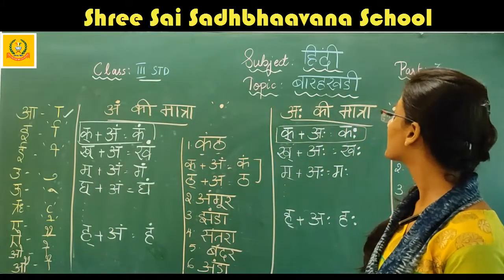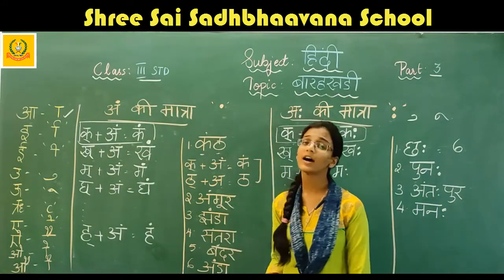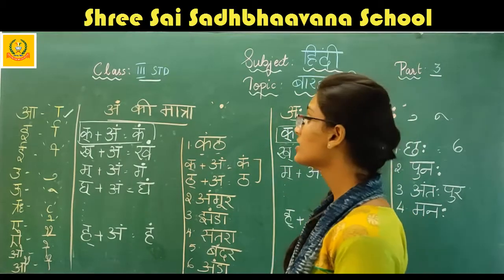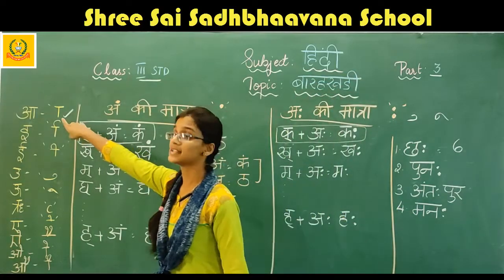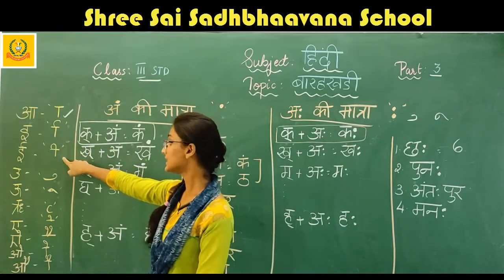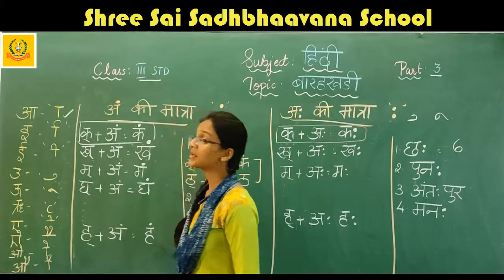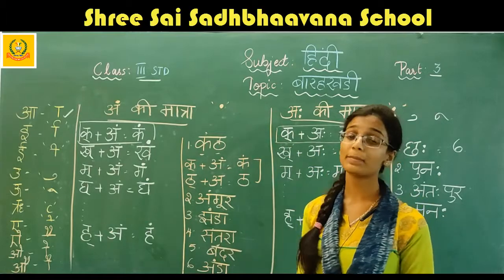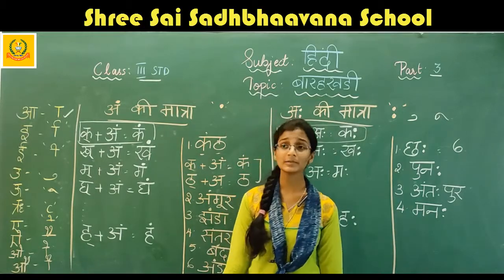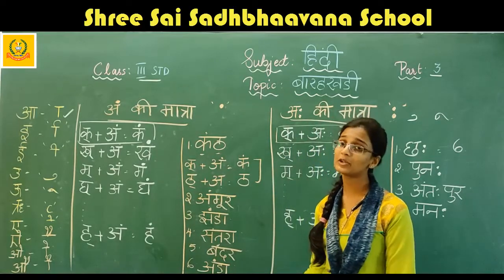So in the first class of Bharakadi, we learned that first letter was A ki matra. In A ki matra there is no matra, that is it is bina matra ke shabd. See, can you all observe here? Yes, in the first class we learned A ki matra, then we learned E ki matra, E ki matra, U ki matra, U ki matra, Ru ki matra, A ki matra. So children, till A ki matra we had learned in the previous class. From now in today's class we learned I to aha.